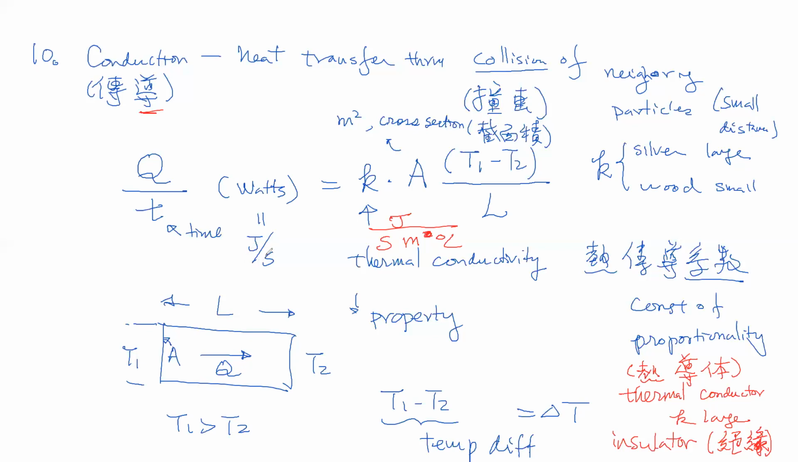And then number 11 is going to be convection. So convection, it's a little different. Convection. So the second method of heat transfer. So it's called, in Chinese, 对流. 对 means opposite. 流 means flow. So this one here is the heat transfer